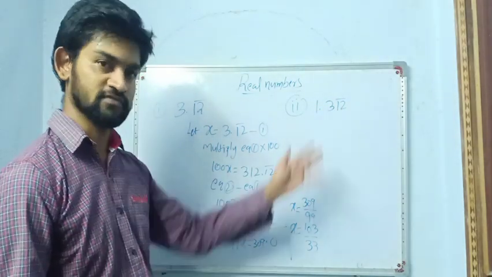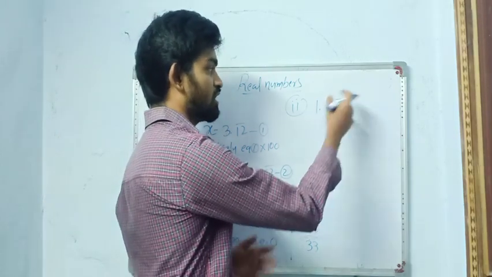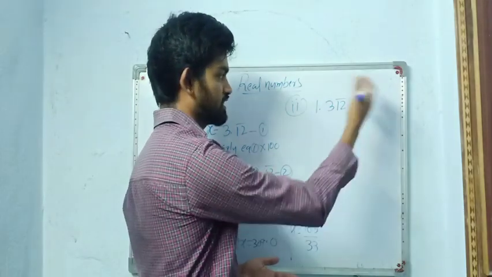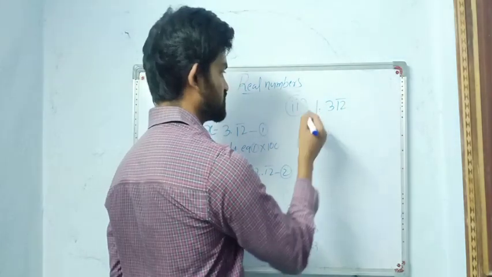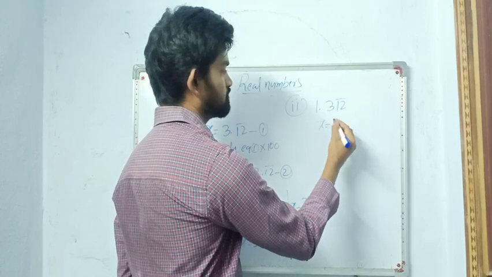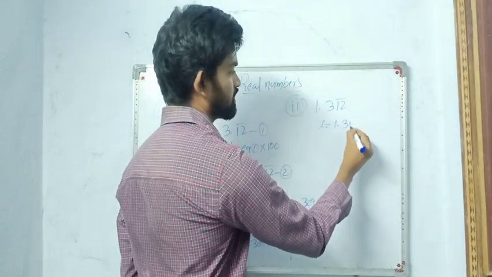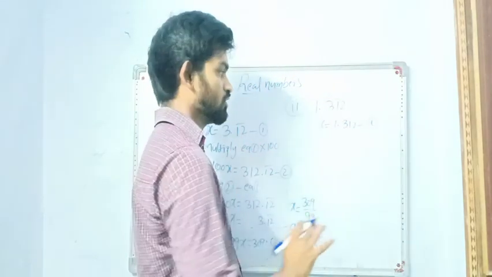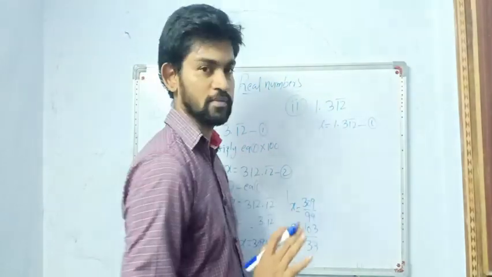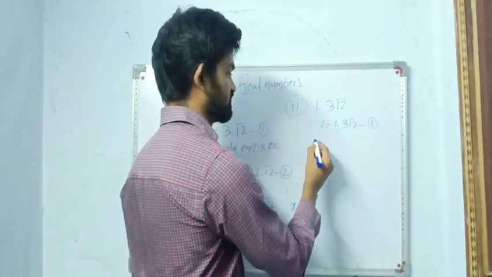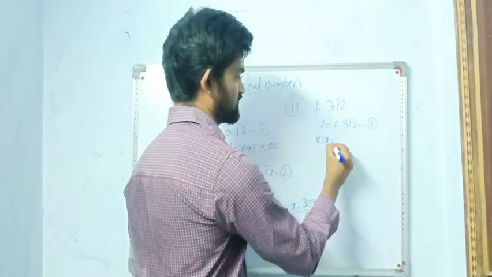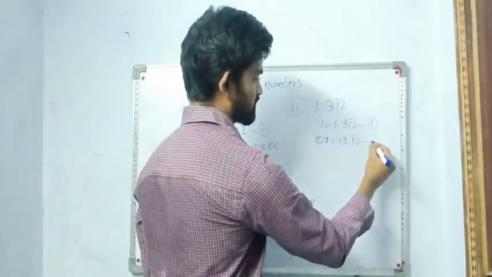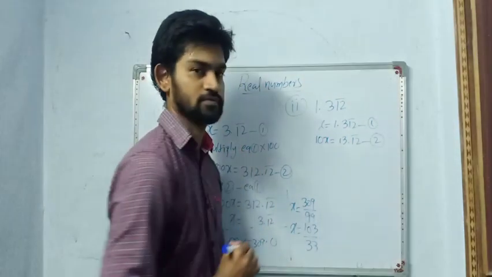Now this is a different case, we will see this one now. See here, all the numbers are not under the bar, only a few numbers. The first digit is not under the bar, the remaining two numbers are under the bar. Now as usual, first assume the given number as x. This is equation 1. Now how many numbers are without the bar? Only 1. Multiply with 10 first. So 10x equals 13.12 bar. Let this be equation 2.